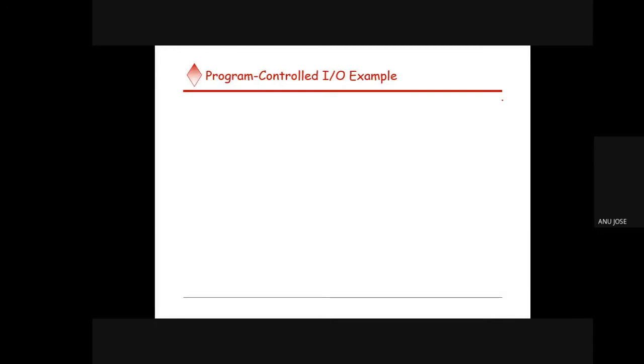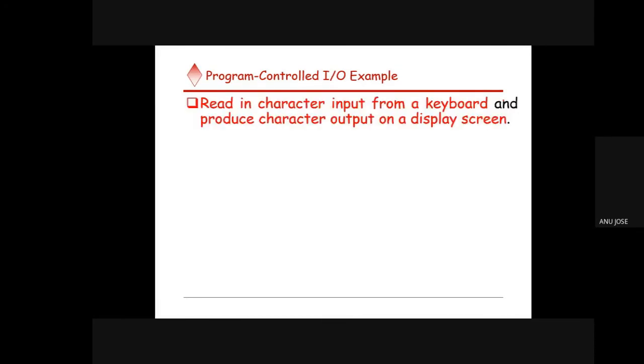Then what is meant by program controlled I/O? What is the meaning of program controlled I/O? If the program inside a CPU monitors the registers for that I/O transfer, it is called program controlled I/O. That means there is a program present inside the processor, and based on that program's instructions, which are executed inside the processor, the actions will be performed.